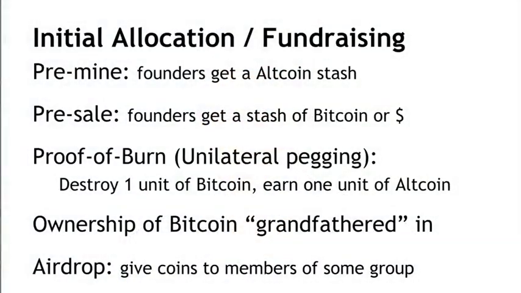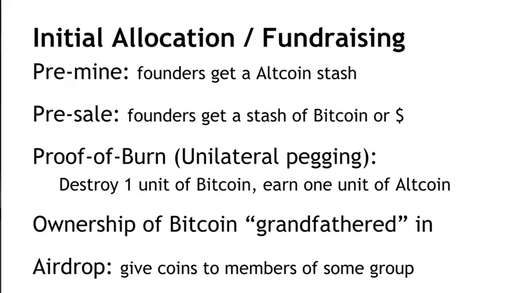So in every mining-based coin, some new coins are created and handed out to miners who solve proof of work puzzles and earn mining rewards. But there are other ways of allocating coins as well. One is called a pre-mine, which is where the founders of the currency reserve some portion of the money supply for themselves. They get a stash of the units of their own altcoin. Sometimes they say that this pre-mine amount is intended to be used for further development of the currency, or to